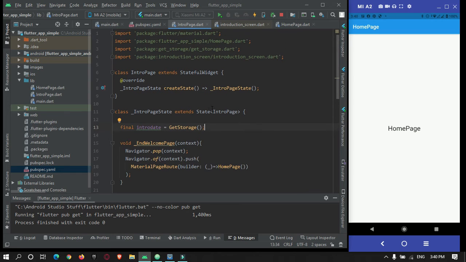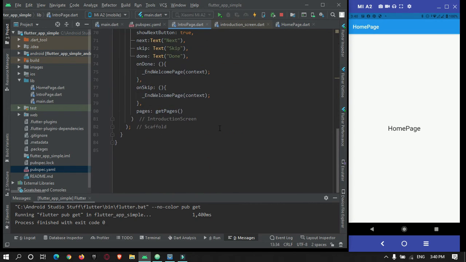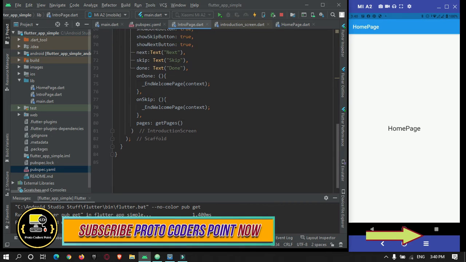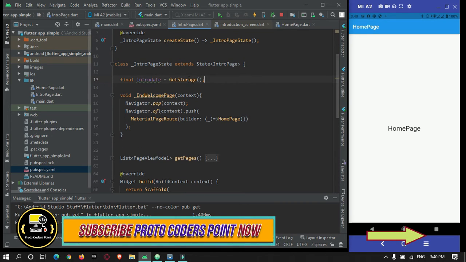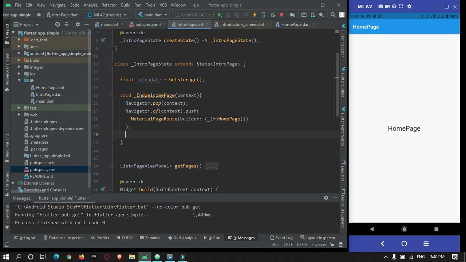After doing this, when the user presses the done button or skip button, we need to remember that the intro page was already shown to the user. So here introData.write, displayed, let's set it to true.